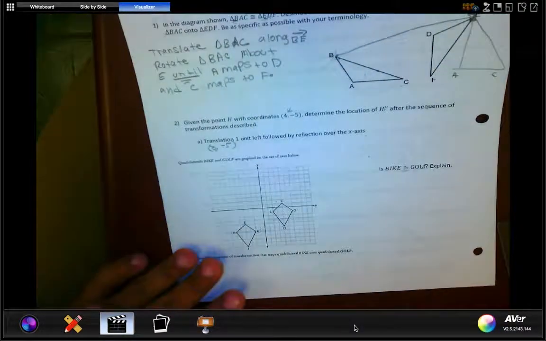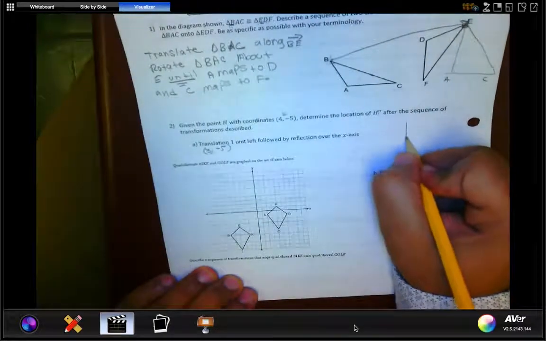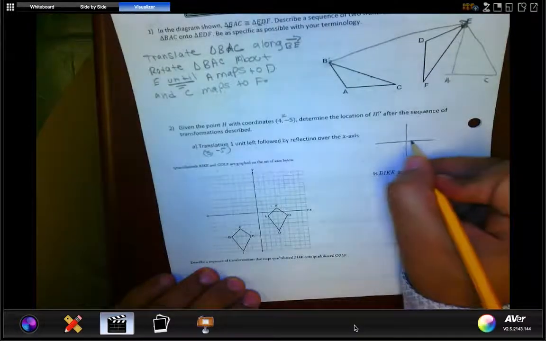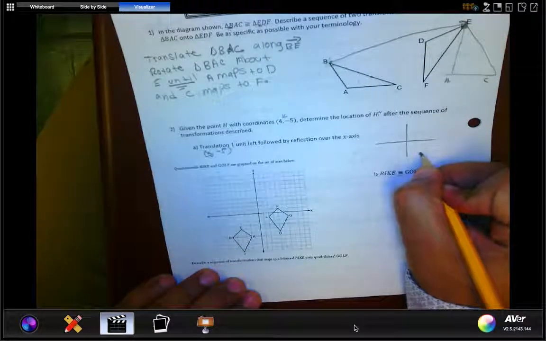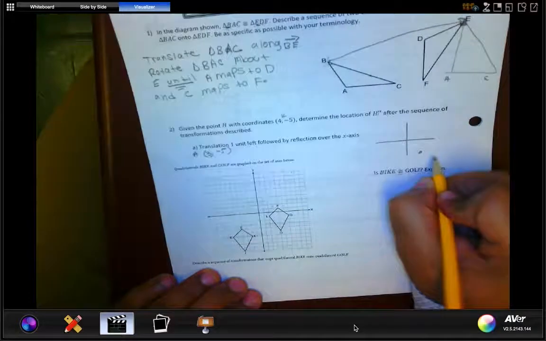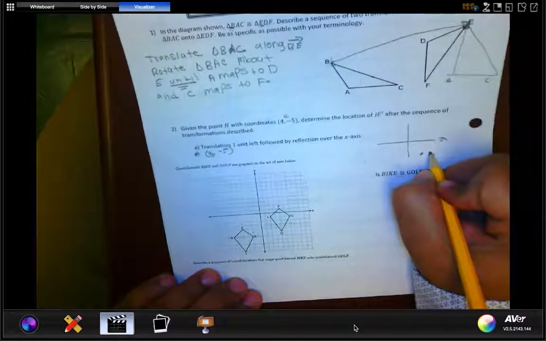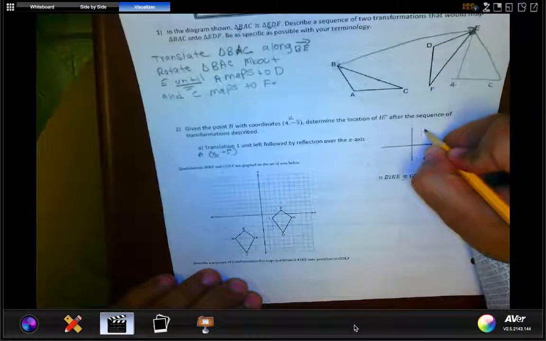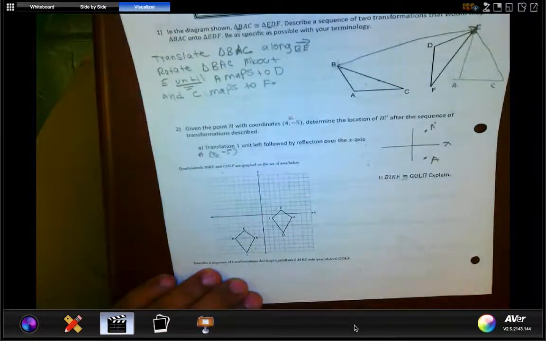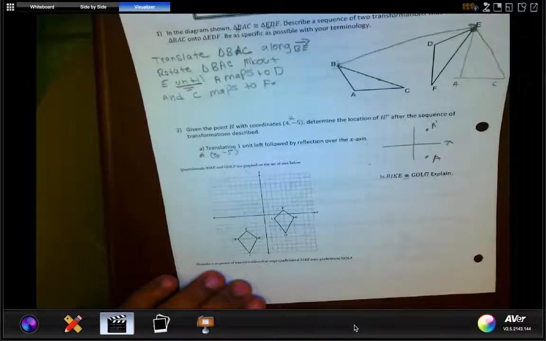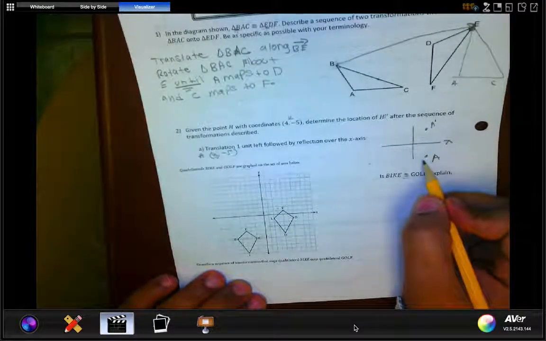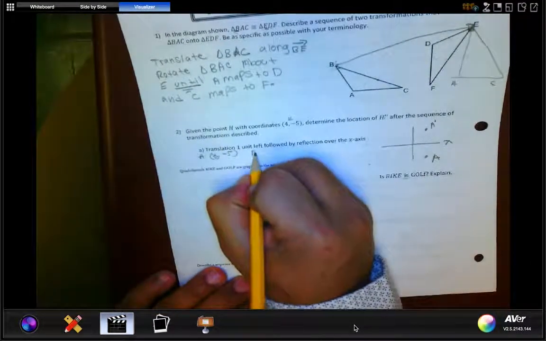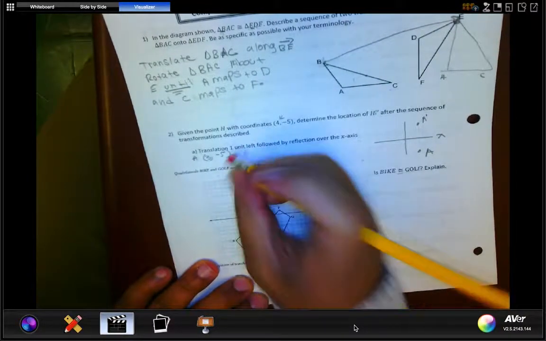Okay, well, now I have to reflect over the x-axis. Well, where is the point 3, -5? Point 3, -5 is somewhere down here. Let's call this A, and this is the x-axis. Well, if I'm going to reflect over the x-axis, that means that this point is going to map somewhere here, A prime. Think about what were the only things that changed. Did the x change? No, it just moved up, correct? It just moved up. So that means that H double prime, sorry,